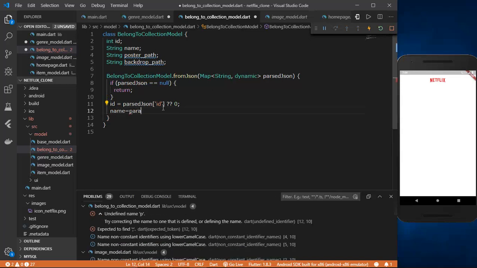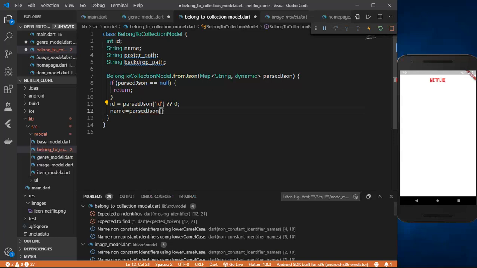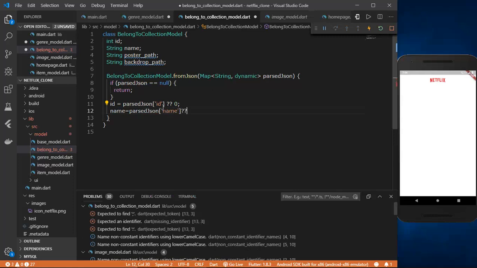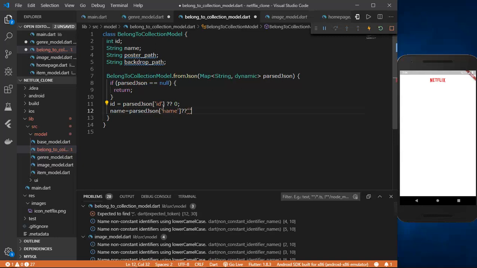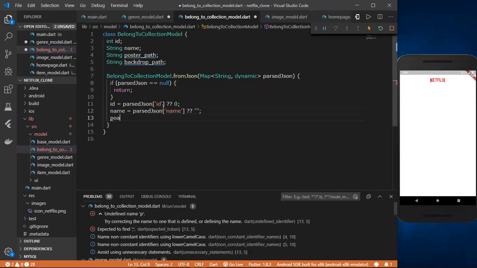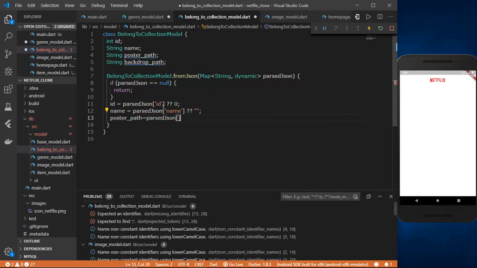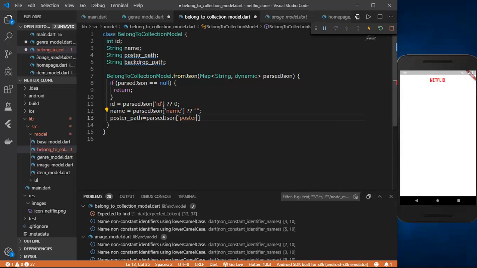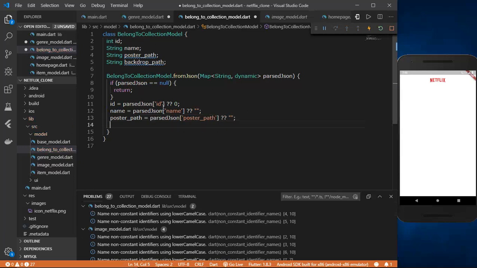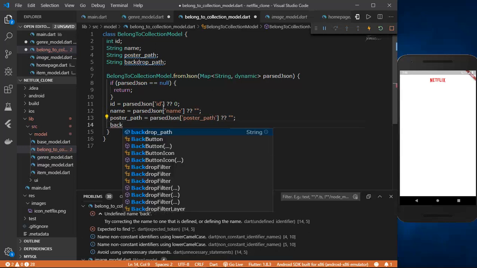So parsed JSON name, and then the poster path, then the backdrop path,